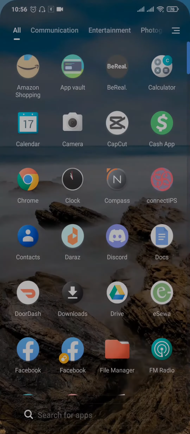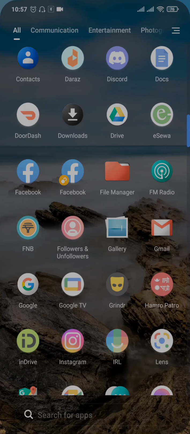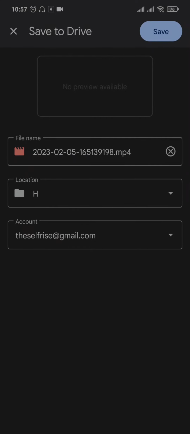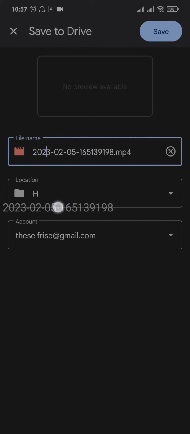which is Google Drive. So you can first head over to the video file that you want to send, open up the video file, tap on the share option and choose the Google Drive option. Once you do, you can see this interface. Now from here you can also rename the file if you want. You can choose the location and you can choose the Google account that you're using to send to Google